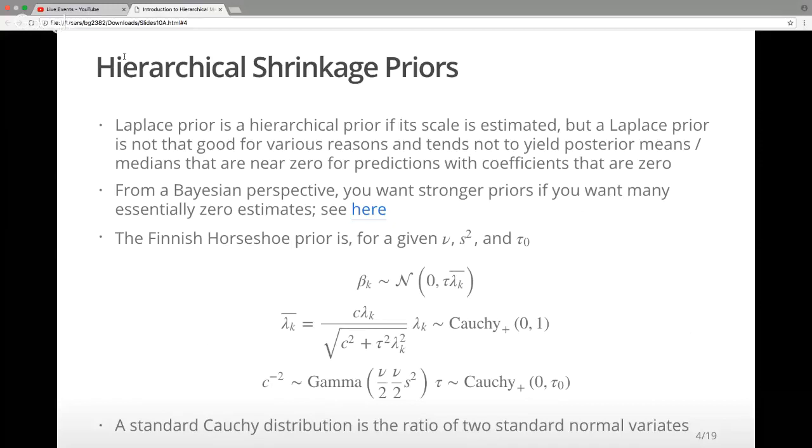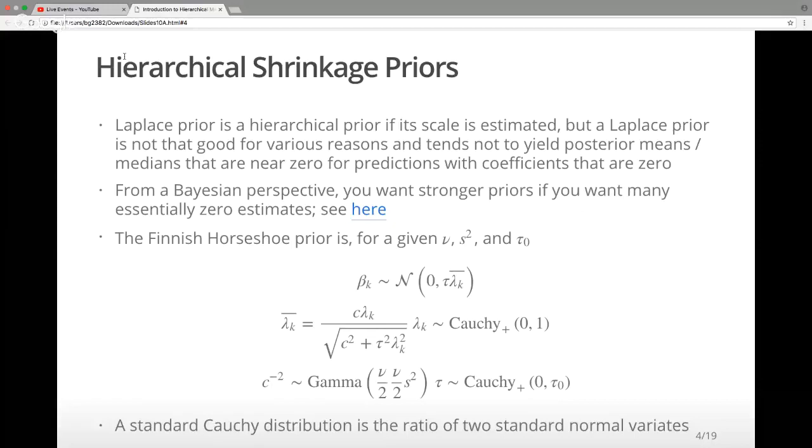the kth. So if tau is small, then all of the betas are going to be really concentrated near zero. But even if tau is small, if for maybe 1, 2, or a handful of your parameters lambda k is very big, then all of a sudden the prior distribution for beta is very spread out, and you may get a posterior distribution of beta that is pretty far from zero.